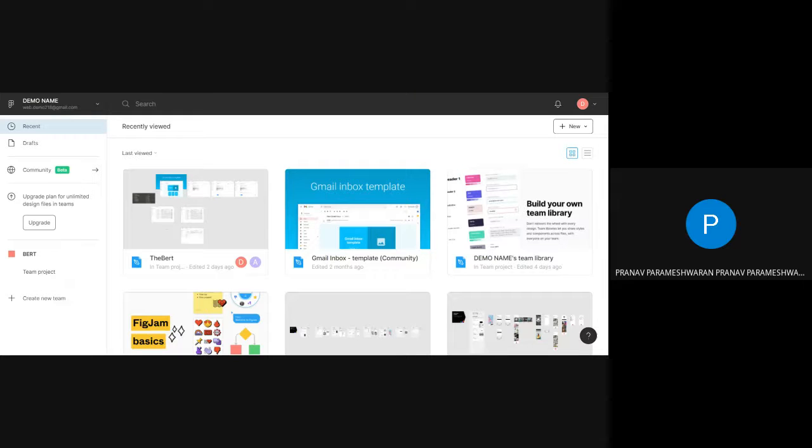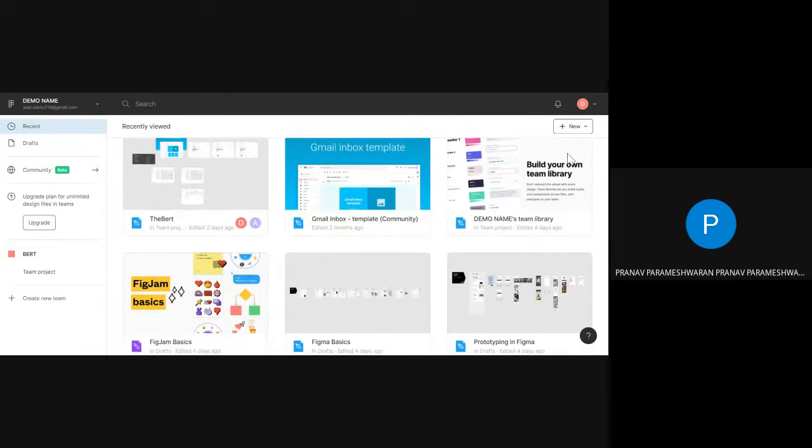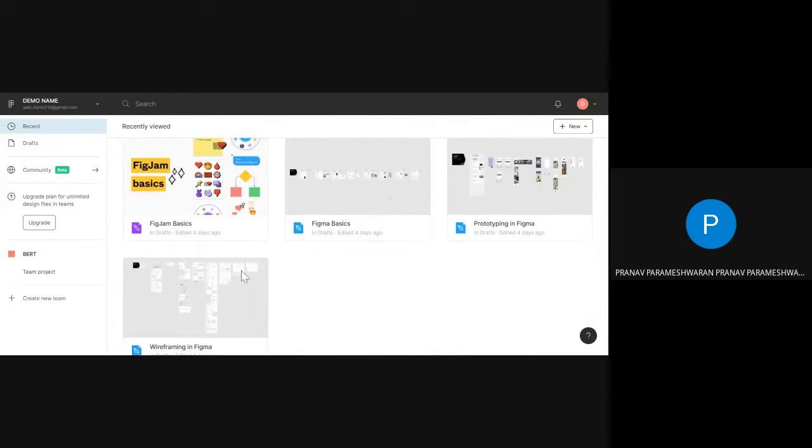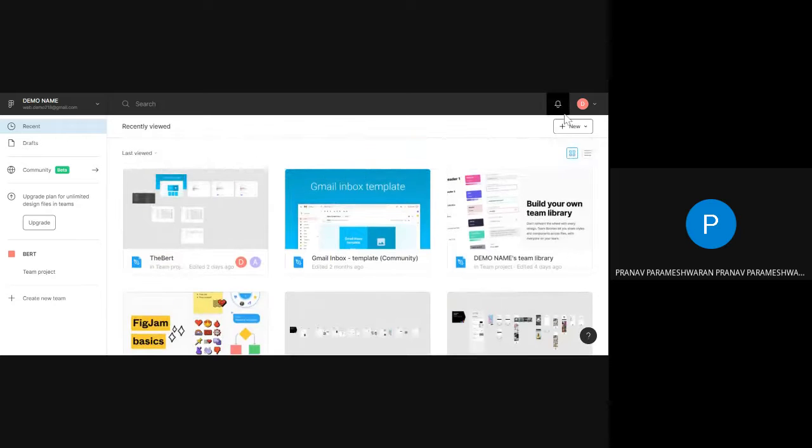Thank you. So here is the Figma tool, I mean the Figma website. It's a web-based website for creating designs, similar to Adobe XD, but Adobe XD is a desktop application. Here you can see that there is a set of design templates. If we create a new account, they give tutorials on prototyping and Figma basics. I'll just show you how we can create. If we create a new design file, you just click this, then it'll take some time to load.